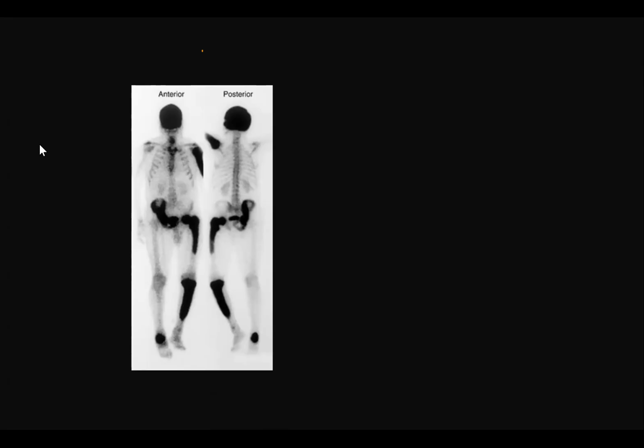So expansile lesion involving multiple bones. The first differential in an adult patient is Paget's disease. Second, less likely, would be some metastatic deposits, but I would like to correlate with the history of the patient and review the clinical notes. As there is suspicion of a lytic region or a region of decreased uptake in the iliac blade, I would also like to review MRI of the patient, or if it's not done, I would recommend MRI of the patient,